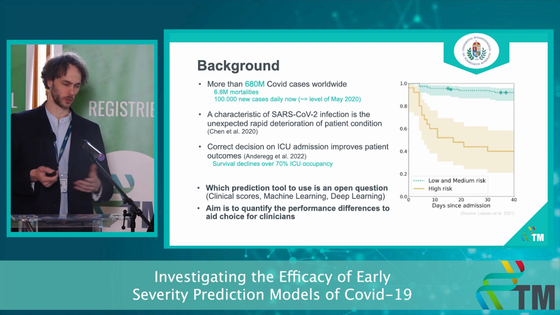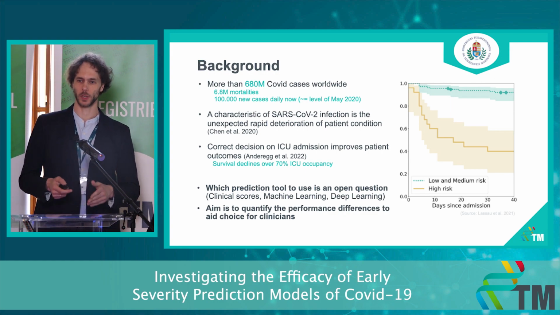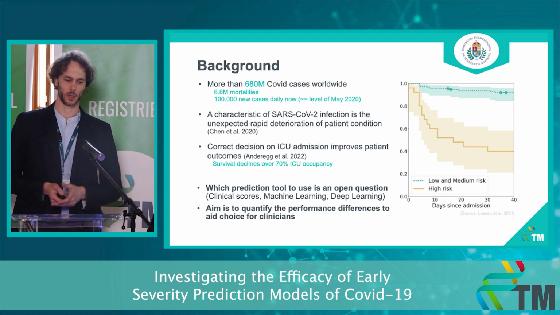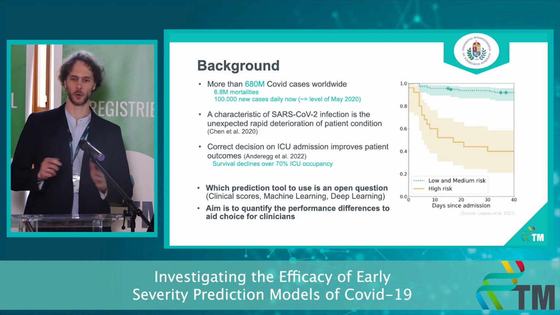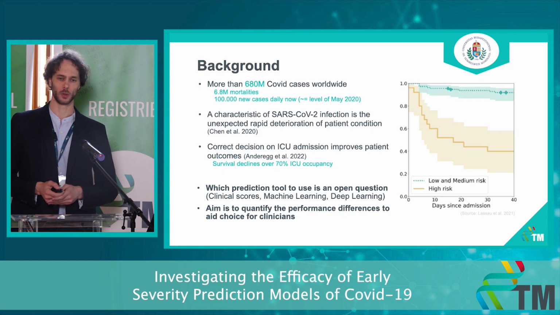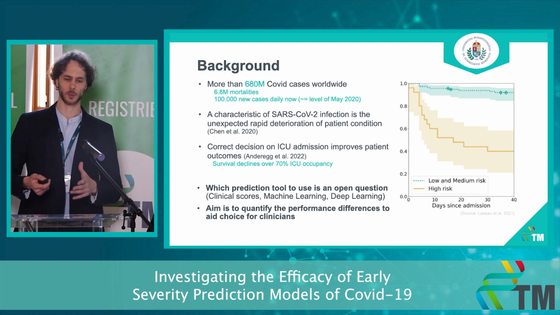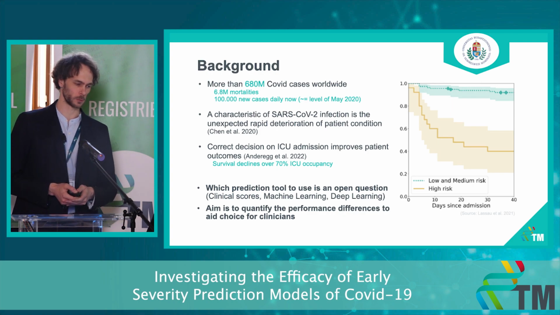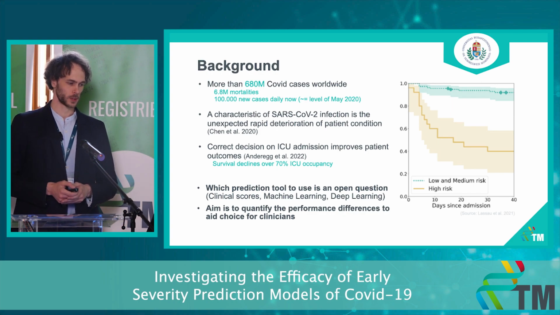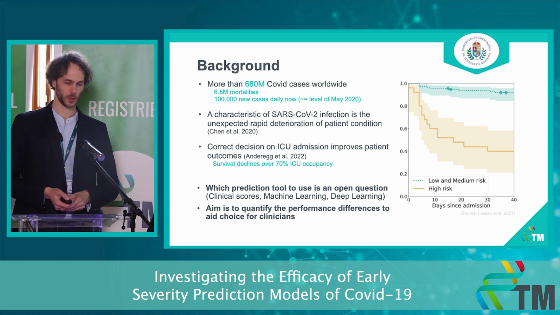It is shown that it obviously improves patient outcomes, but you can also see that even in highly developed countries, such as, for example, Switzerland, survival declines above around 70% ICU occupancy. So it's not only important to make early and precise predictions, it's not only important from the patient perspective, but also from a resource management perspective as well. So the fundamental question is which prediction tool to use. There have been a lot of these developed so far, and